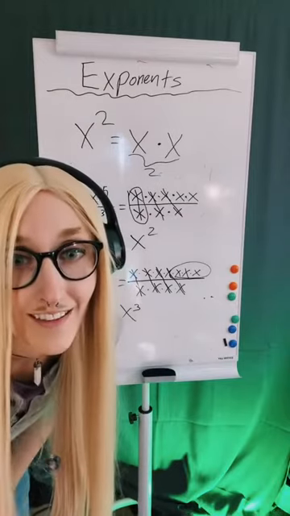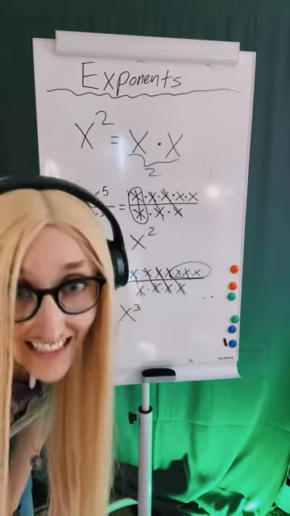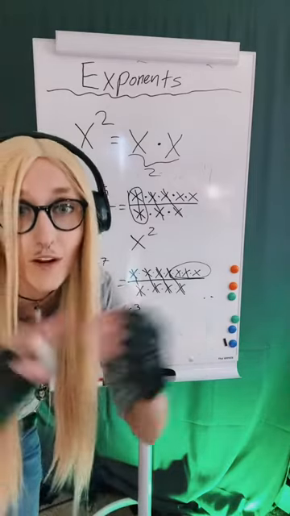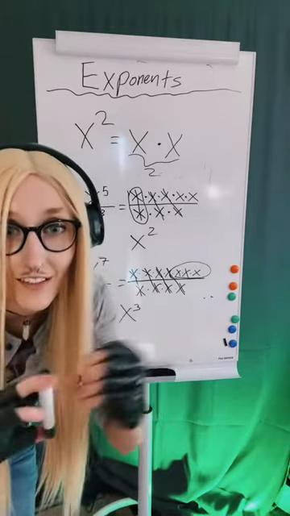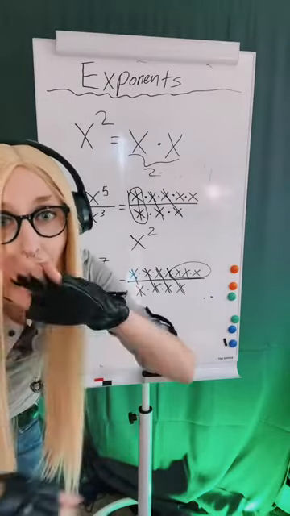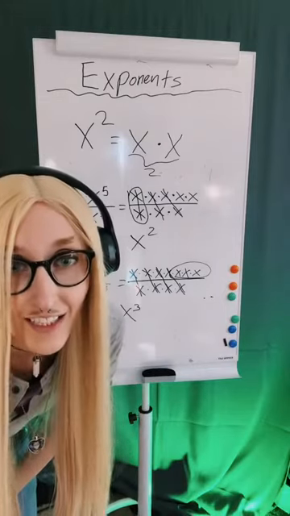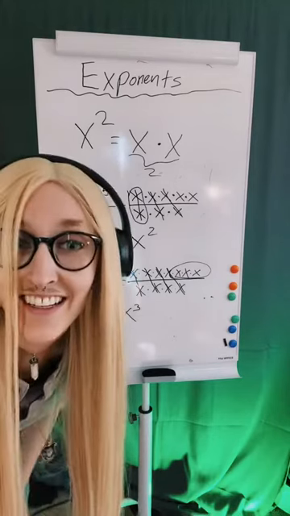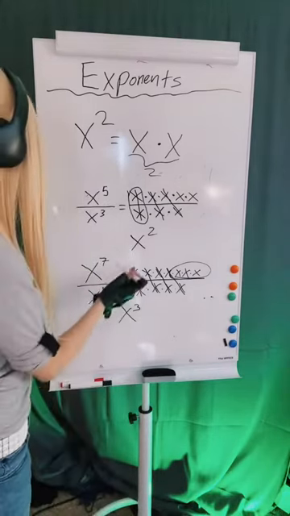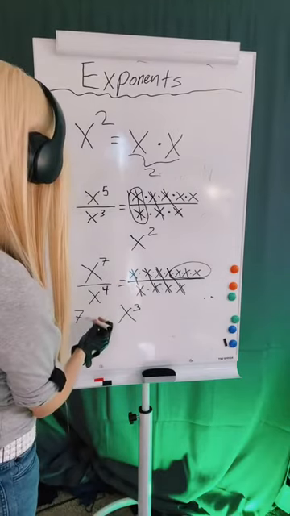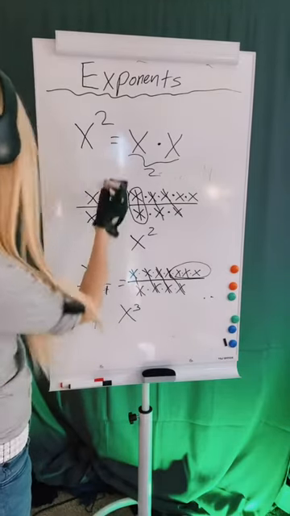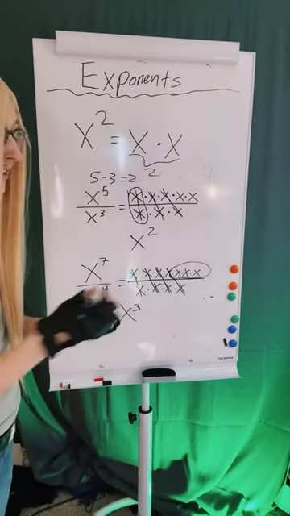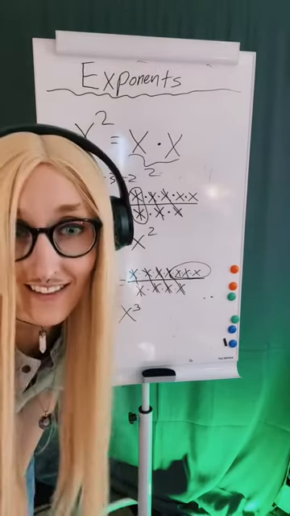So good. Yes, awesome, exactly. It's basically subtraction. When we were multiplying them, it was addition. When we're dividing them, it's subtraction. You guys did it. You're so good. So all this was saying was 7 minus 4. 7 minus 4 gave us that 3. 5 minus 3 gave us that 2. Amazing.